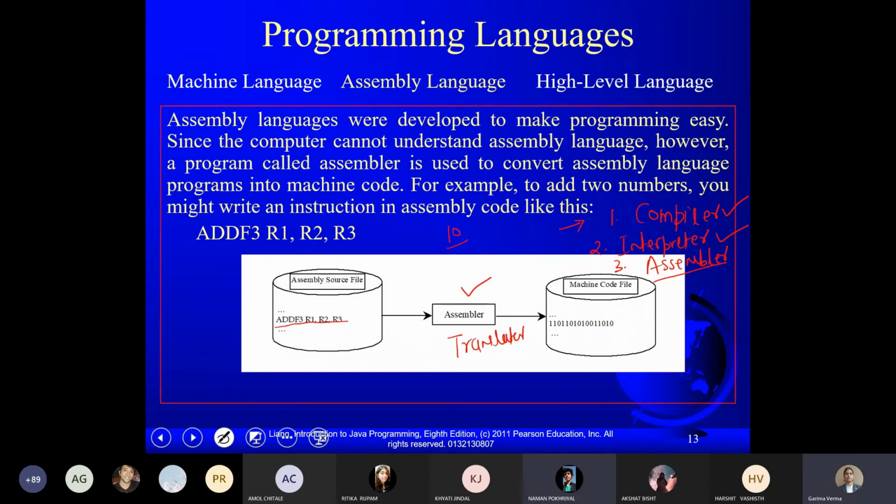Beta, translator. I'm talking about the translator. By using the concept of compiler, interpreter, and assembler translator, is there any application software in the real world which uses as the translator?